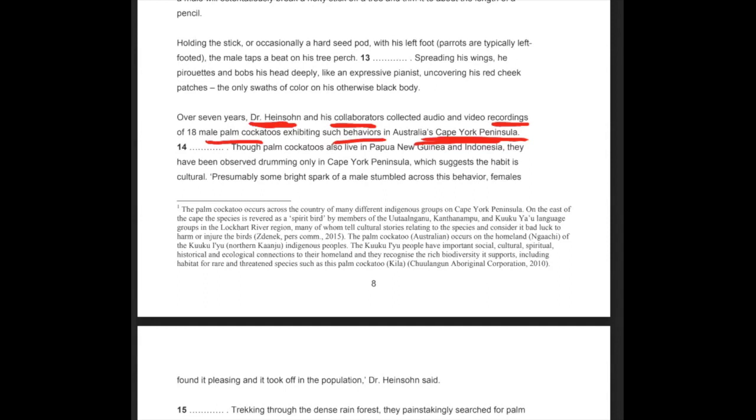Going through the options, now remember there was lots of different things going on here. It could be about the researchers, it could be about male palm cockatoos, or it could be about areas, but the thing that kind of links them are those three things. So I'm just gonna write it up here so that you guys can keep track of what things we should be thinking along the lines of. Talking about researchers, we are talking about the area or the location, right? And we're also going to talk about the differences between individual male palm cockatoos, right? So there are three different things that are going on here, which may be useful.